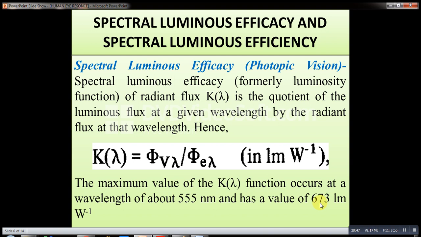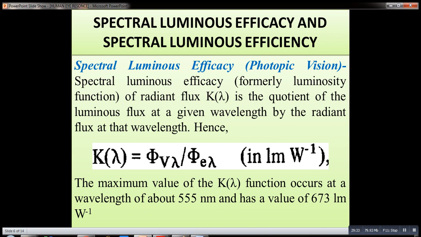673 lumen per watt. In this source, 1 watt of output radiant power equals 673 lumen. Look, from 0 to 673 lumen is the range of human efficacy. The range of human efficacy runs from 0, where there is no visible light in the radiant flux, to 673